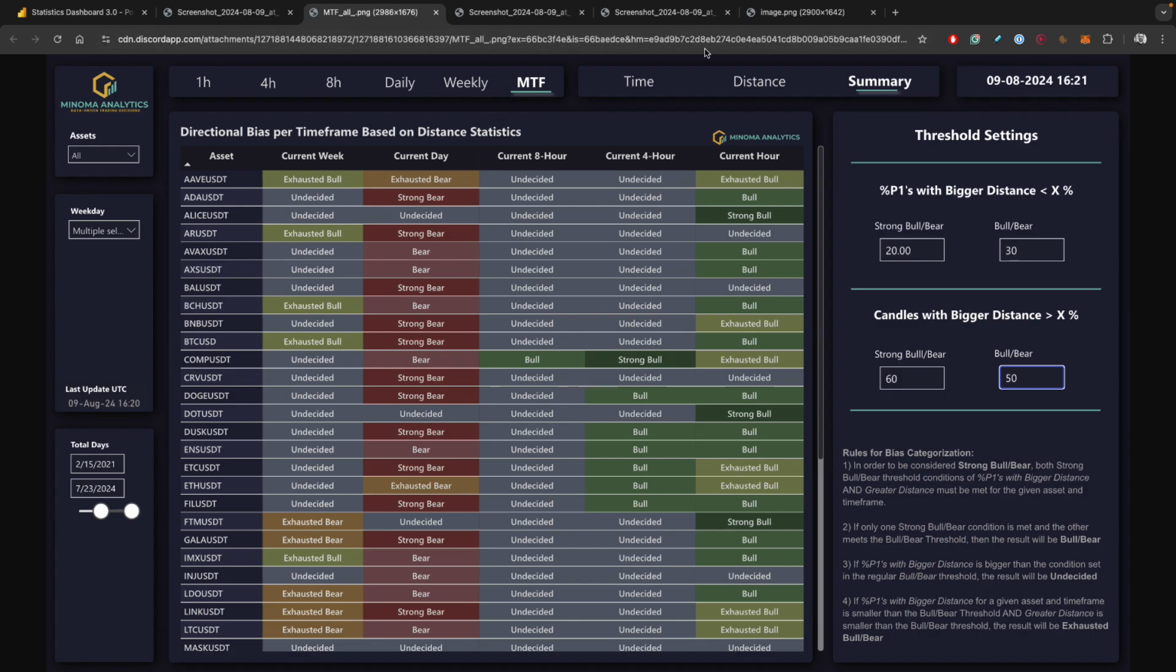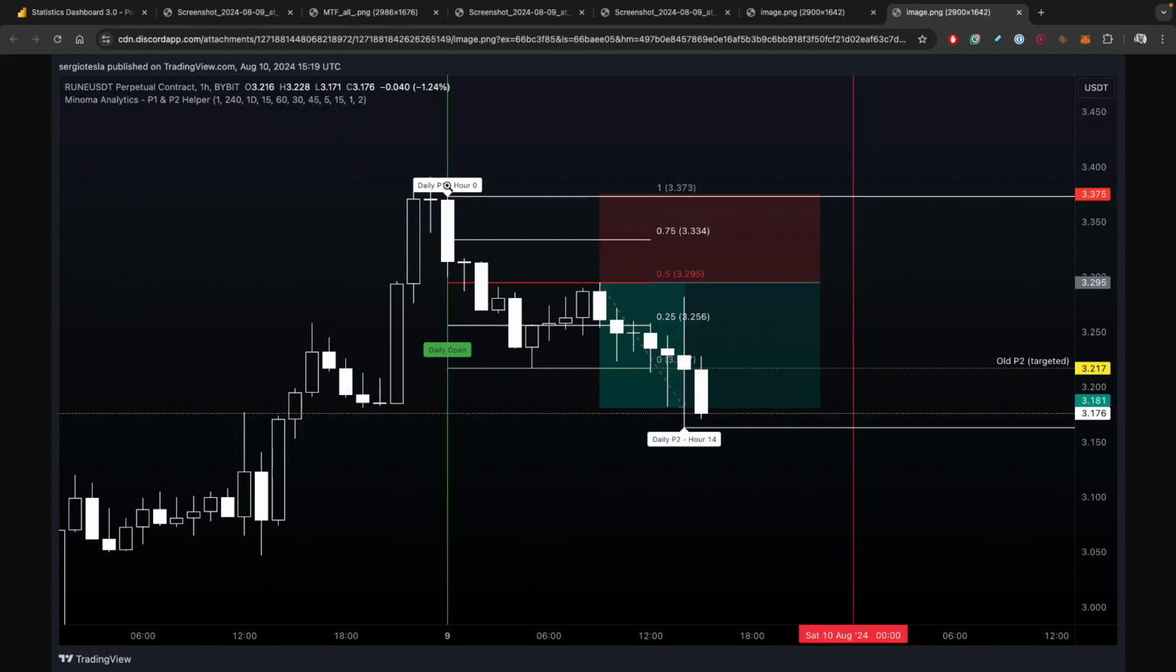Let's go look here. I have an example ready right there. There we go. So you can apply some TA. So this was a high probability setup. I didn't paste statistics here, but then he had P1 at hour 0, P2 right here, and then we retraced to that 0.5. So this is where you also can use that retrace